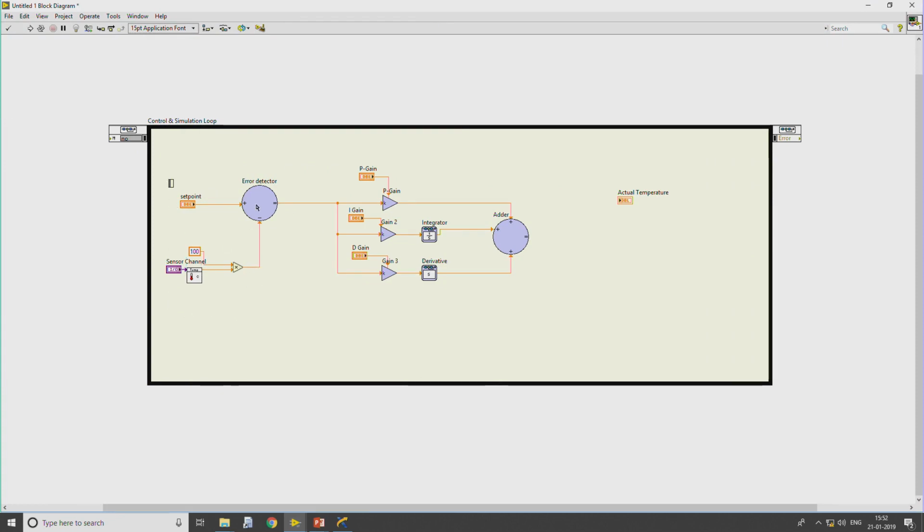So, this is the set point, which the user can provide. This is like a comment: the required temperature for the plant to operate.